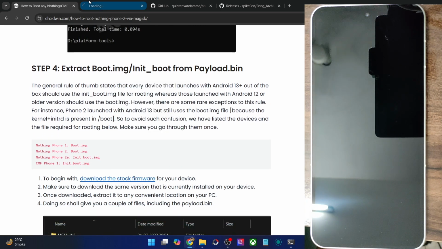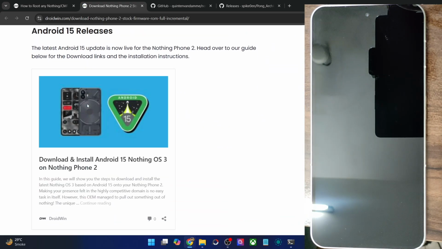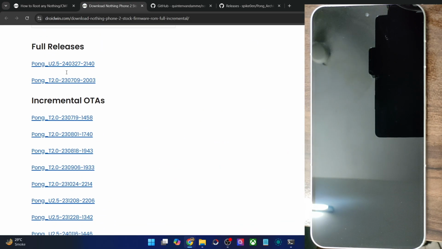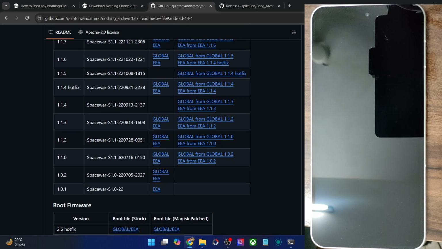For instance, I will update all the firmware in my guide. If you go to the Nothing Phone 2 section over here, it's highly recommended that you go with the full OTA and not the incremental one. While the incremental one might get the job done, that might be quite risky. So always get hold of the full OTA files, and there are quite a few sources apart from my site as well.